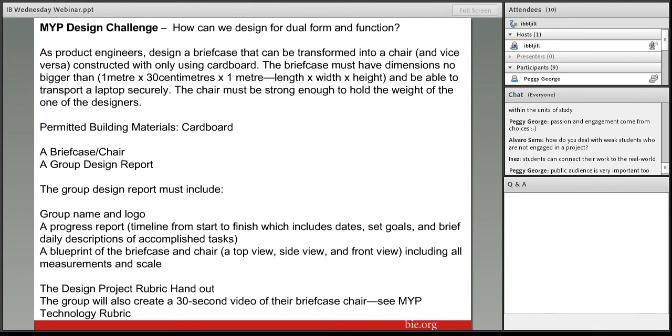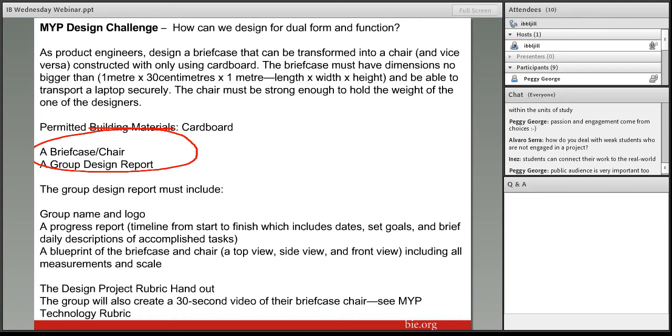How can we design for dual form and function? A driving question included. This is a summative assessment task for an 8th grade technology course. So as product engineers, they're designing a briefcase chair and a group design report. They've been given a role,